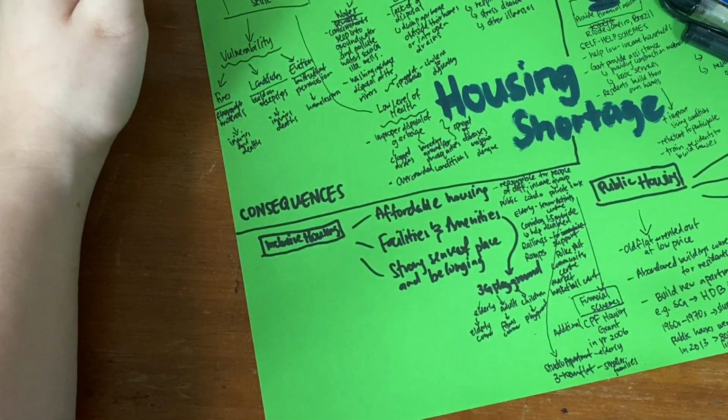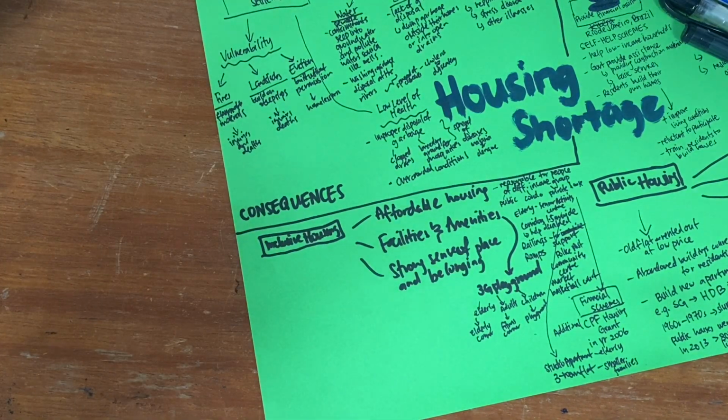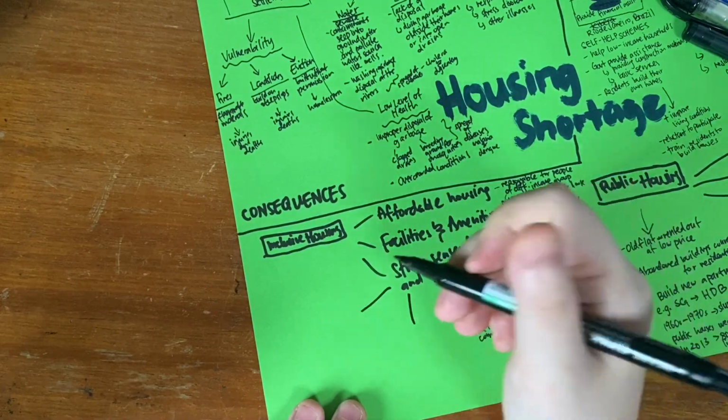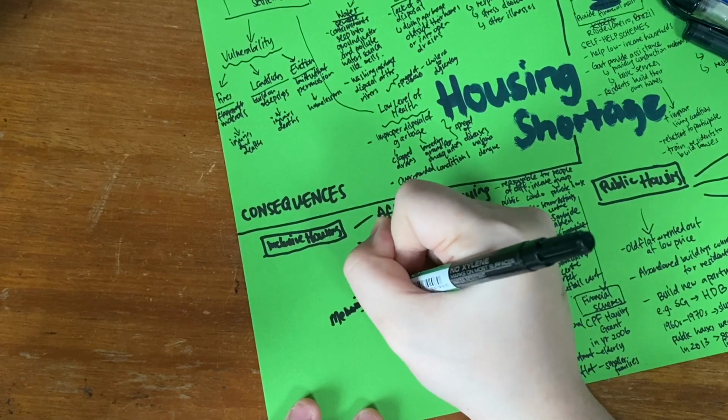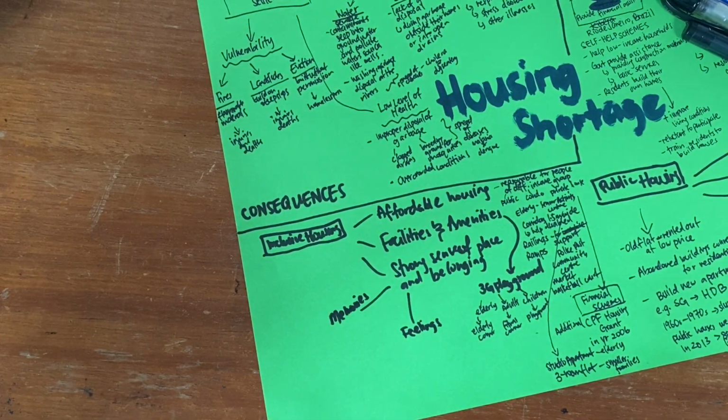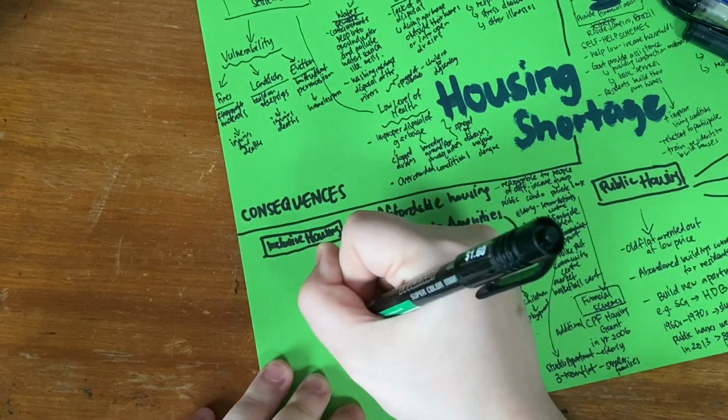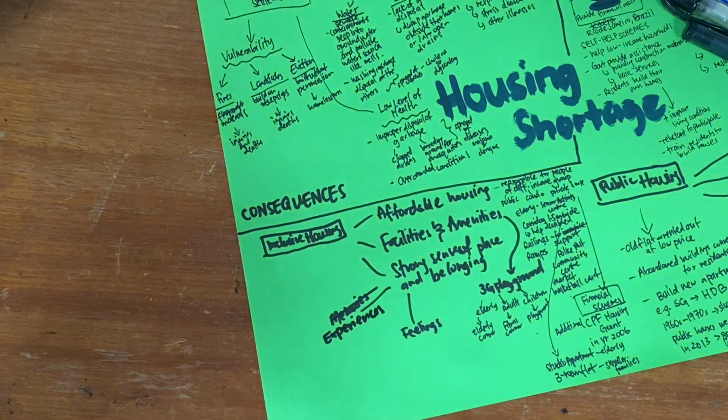Now, the last one that I want to talk about is the strong sense of place and belonging. So we are talking about two aspects. So we are talking about the feelings and the memories. Actually I shouldn't say feelings and memories. I should say experiences and feelings. So experiences can be shaped by